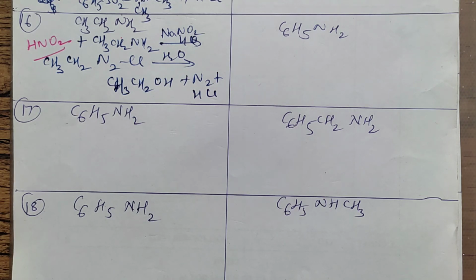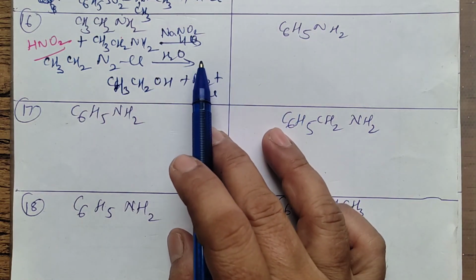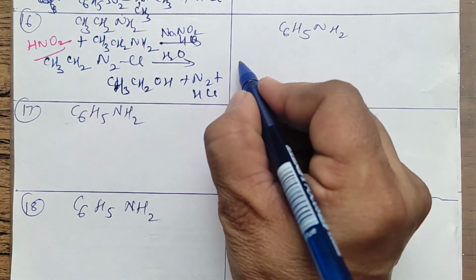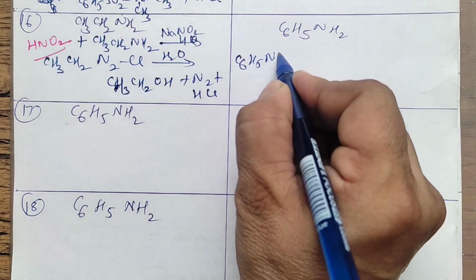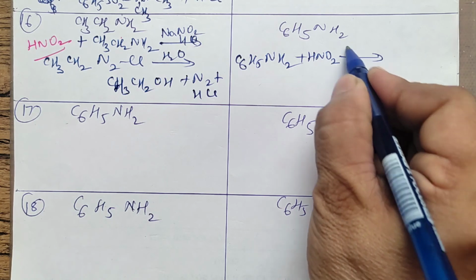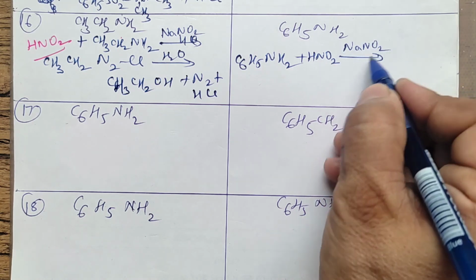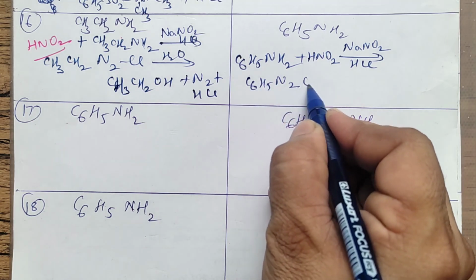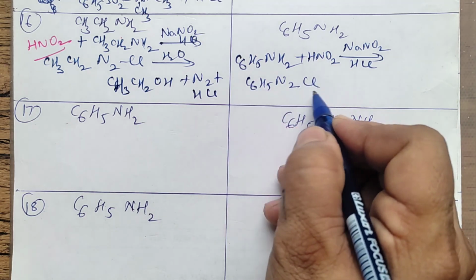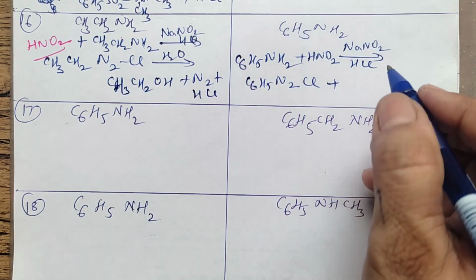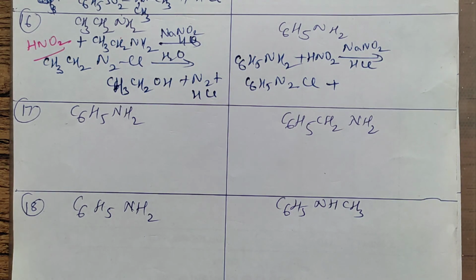That means the diazonium salt which is obtained is not very stable. Whereas if we are taking the aromatic primary amine, it will undergo the diazotization, but the product formed will be very stable. It will not give out nitrogen gas. So you will write C6H5NH2 plus that HNO2, which is of course obtained by treating NaNO2 with HCl. So first what you get is C6H5N2Cl, which is aromatic, benzene diazonium chloride. Of course, apart from that you are getting NaCl and water, but I have not written that.